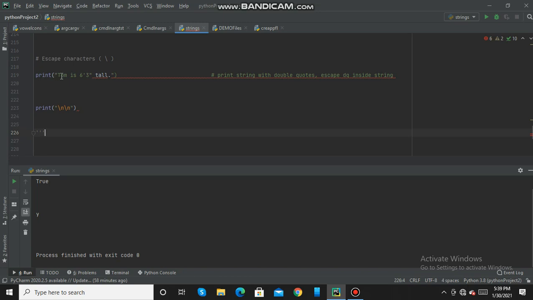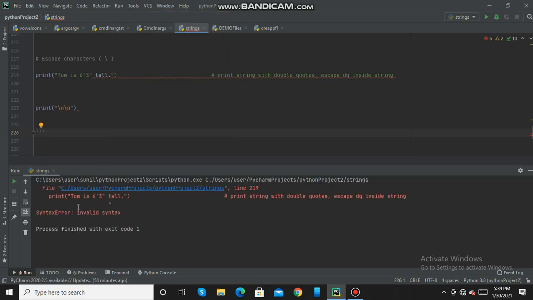Now here I am trying to print this string, and inside the string I am having a double quote here. So if I try to print this, I will get an error. So I have got a syntax error. If I want to print this double quote within a string, I will have to put an escape character, a backslash, in front of this double quote.